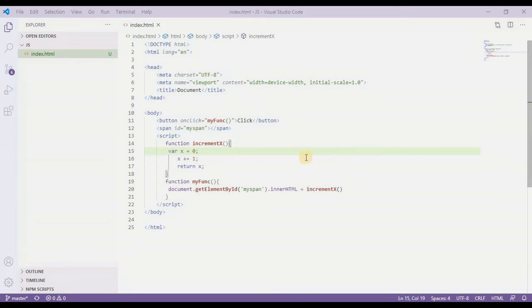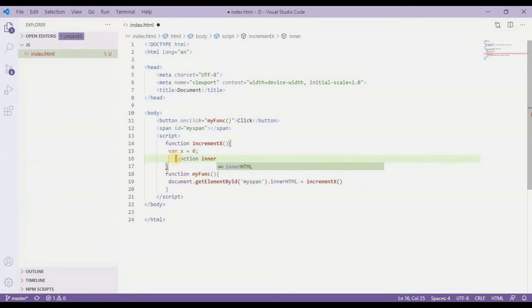In this example we are going to take one inner function, and that is going to have access to the x variable in the parent function. So let's type some inner function over here. So right now x is equal to 0, and here I'll type another function.